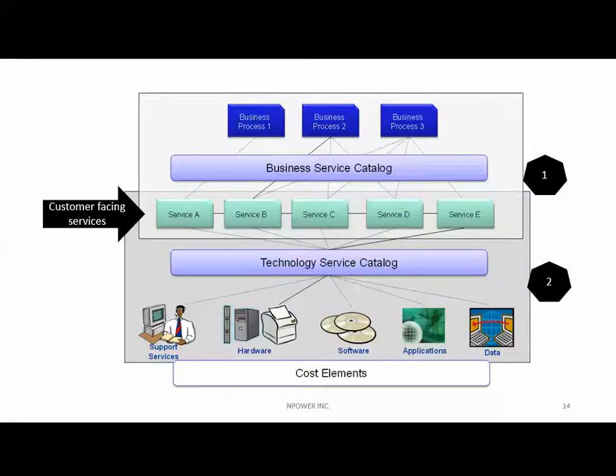So what does that mean? That means that if I am a business, I'm going to provide one catalog. That's the business service catalog, which provides basically a menu that's forward-facing to the customer that these departments are providing services to, but the people out here